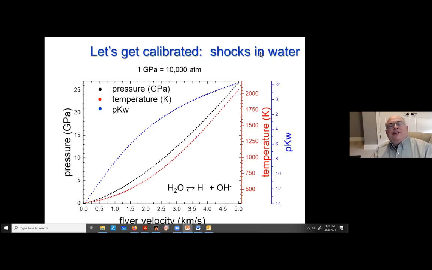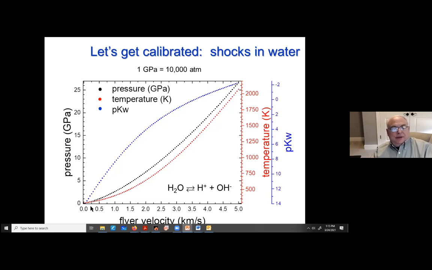All right, now here's a calibration I like to do, shocks in water. These are the velocities that we typically achieve with our flyer plates, up to several kilometers per second. And before I walk you through this, I just want to say water, like it always is, is anomalous. So this isn't representative of too many materials. Water is low density because of the extended hydrogen bonded network. So when you shock water, it compresses a lot. And then when it compresses a lot, you get a lot of heat. So what you're going to see here is more compressible and higher temperature than you would if you were shocking, say, a plastic or a ceramic or a metal.